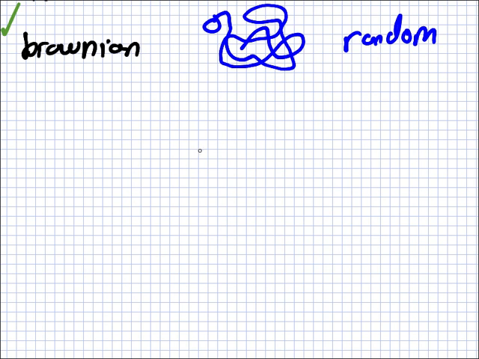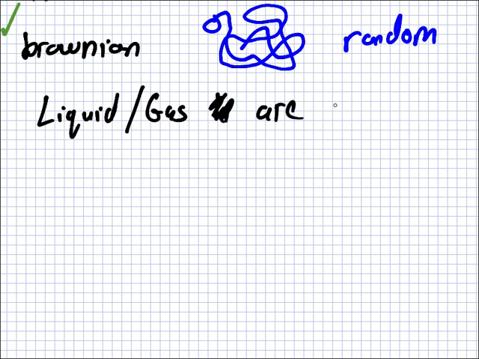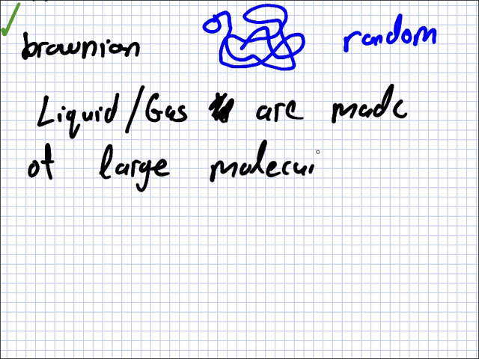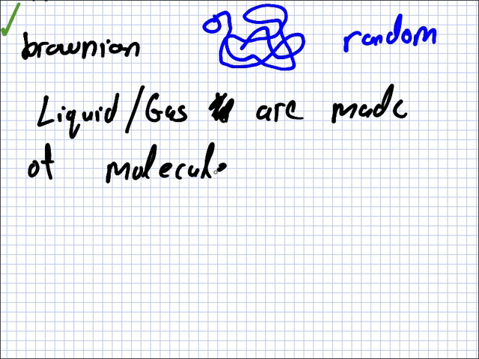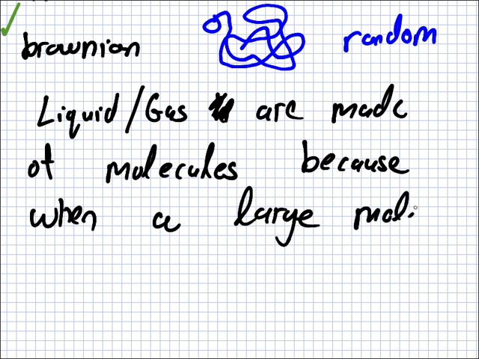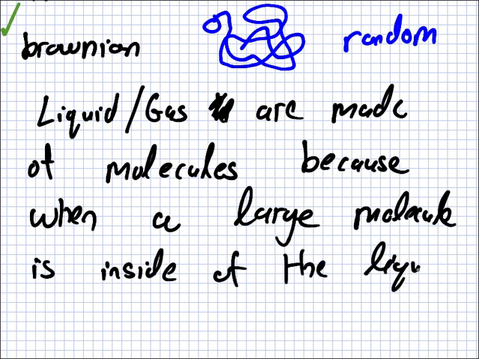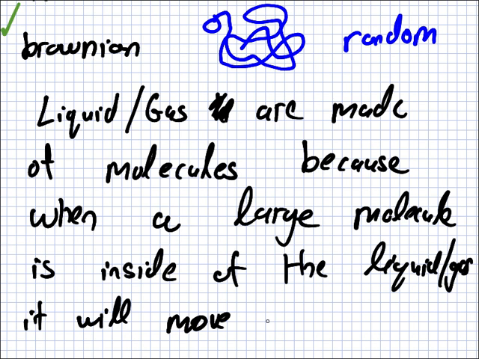Yeah, go on. I need a key word, a key verb. So, liquid and gas are made of molecules because when a large molecule is inside of the liquid or gas, it will move randomly,